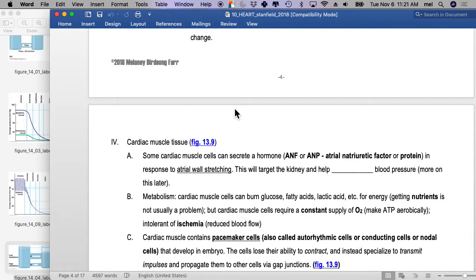Yes? How does vessel length change with weight loss? Yeah, the vessels will actually atrophy when you lose weight. The muscles in the vessel will eventually shut down if you don't use the tissue at all. Unfortunately, you don't lose any of the fat cells, so you never really lose all of the vessels, but you can lose a lot of the vessels if you don't have as much fat. So that would happen like after you lose